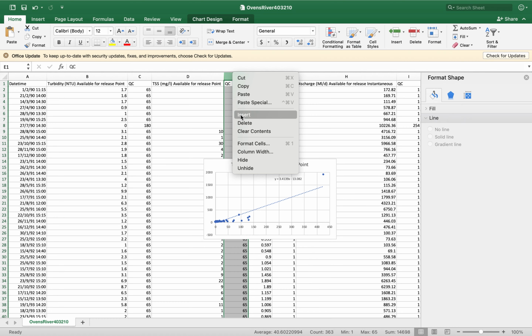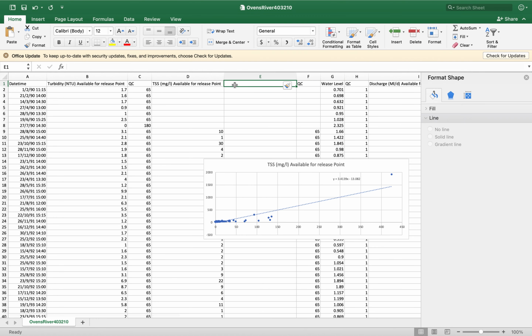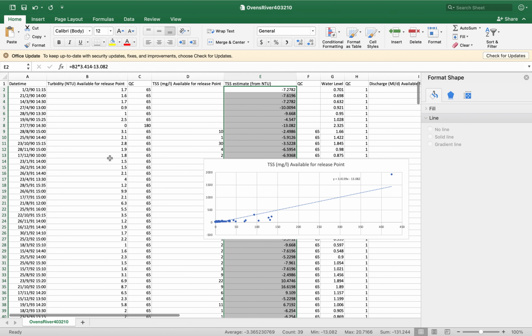So I can actually create a TSS estimate from NTU, because I have a model now, a linear model that I can use. So all I need to do is take the NTU value, times it by 3.41, and subtract 13.082. Like I said, this relationship is not great, and we can see that where we do have